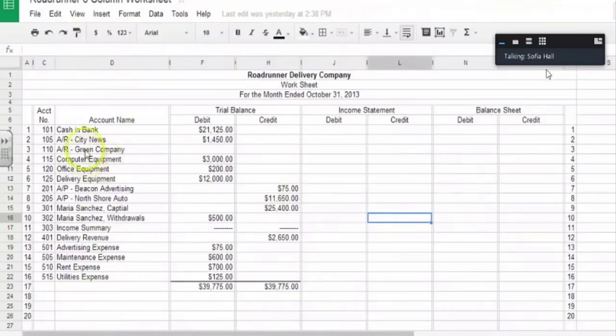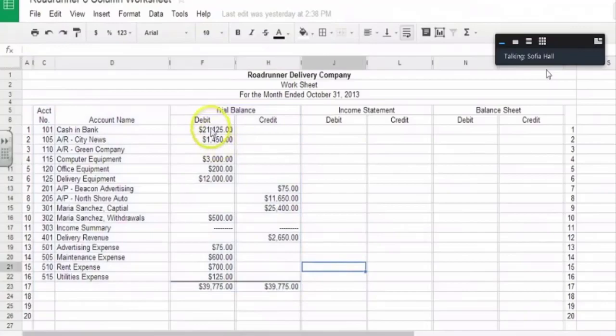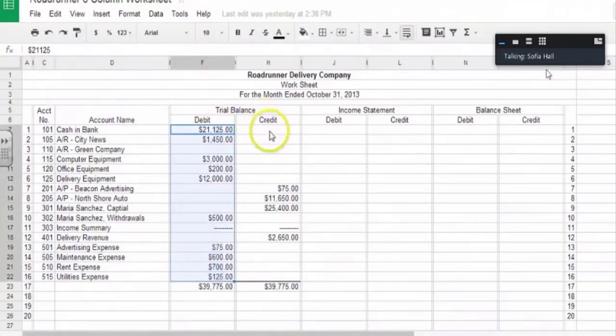As you notice, we've got our trial balance filled in. We have done the trial balance a couple of different times. You know how to do the trial balance. Any asset account or anything that has a normal debit balance, we put our ending balance here on the debit side. Anything that has a normal credit balance, we put our ending ledger balances in the credit column. And the whole goal of our trial balance is that these two columns, both the debit column and the credit column, are going to be equal. And if they're not, we have problems, right? And we have to go solve those problems.